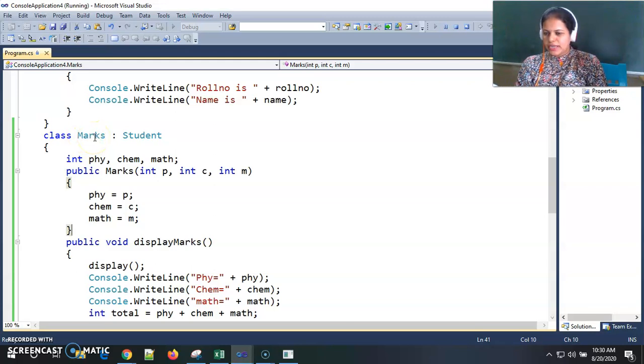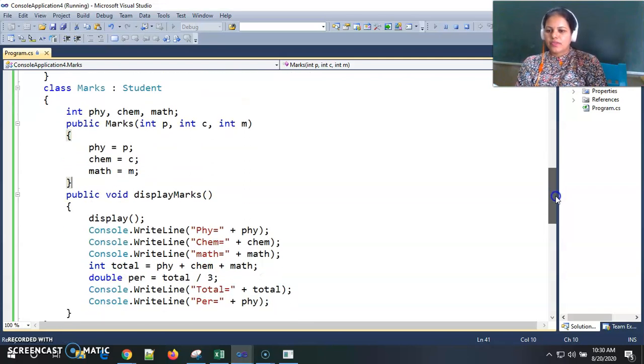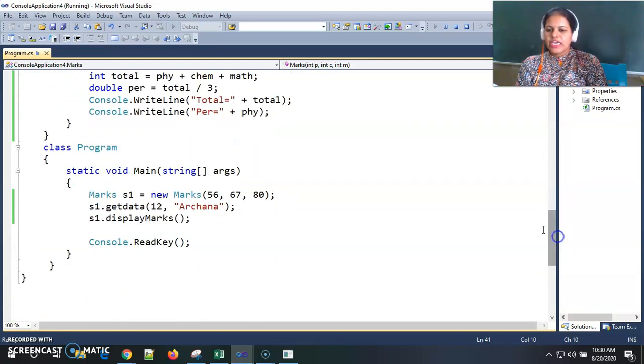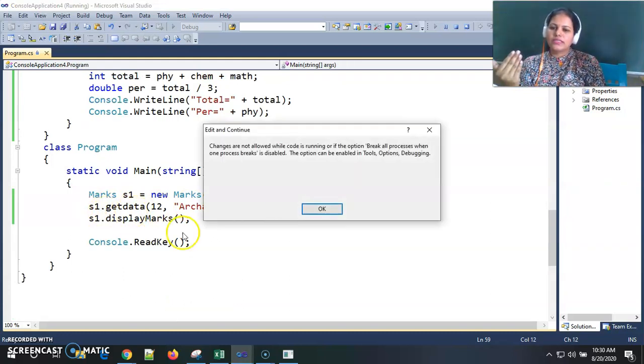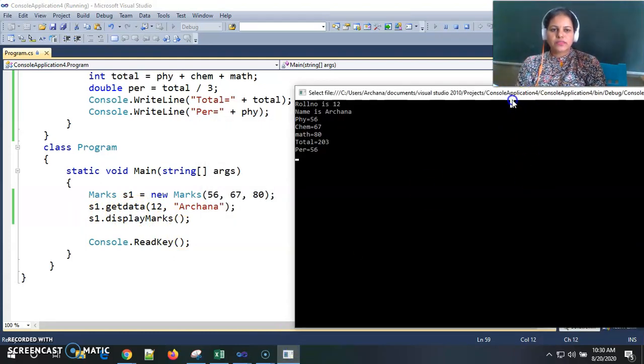Marks is our derived class, so that we can access all the student class public properties directly inside this marks class. So if I am not calling this get data function, what happens we will see.